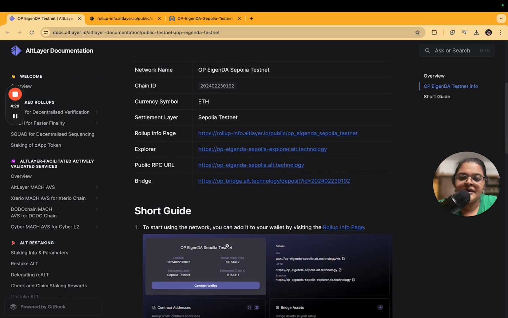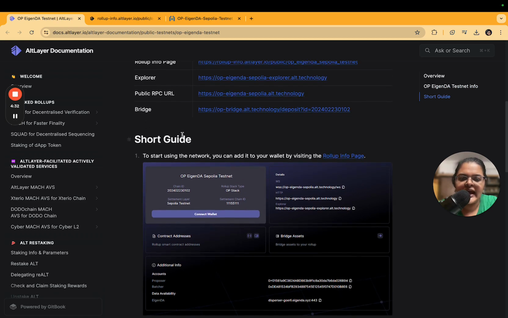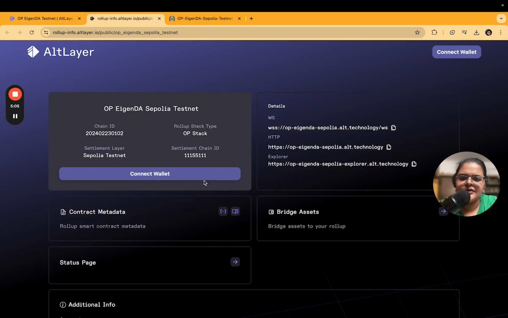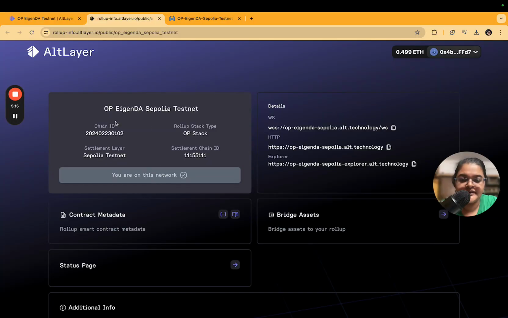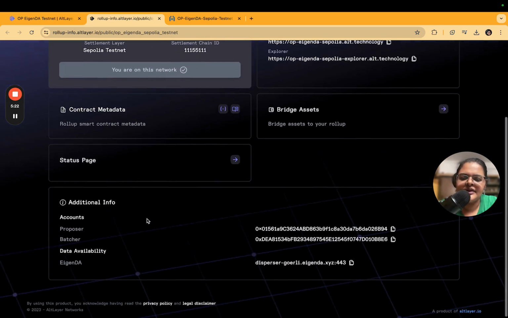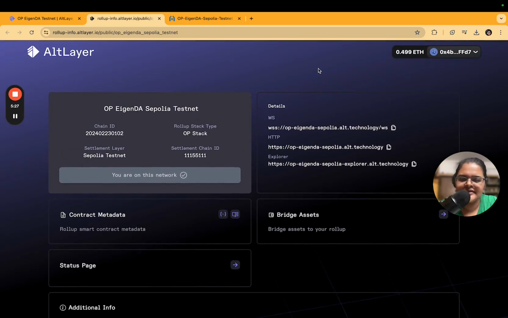So there is a guide which tells you how you can add this particular network to your wallet. Okay, so I'm going to connect my wallet to MetaMask now. I'm on this network, which is the OP EigenDA Sepolia testnet. Please remember that this is a testnet, just an example, right? Now they have given all of the different details that you need to add manually to your MetaMask if required,